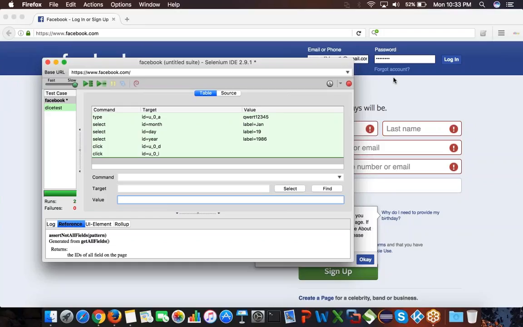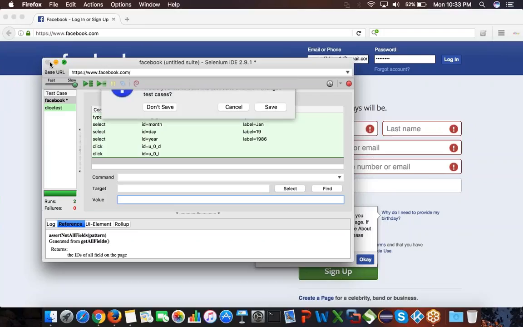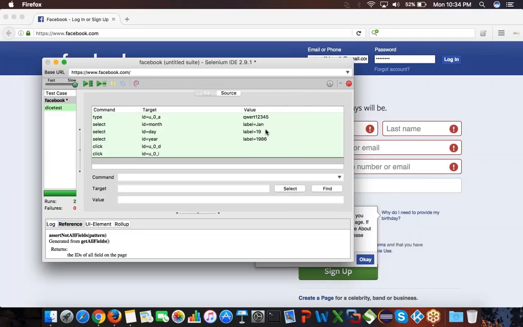browsers. Chrome doesn't have a plugin for the Selenium IDE, and IE or Safari don't have Selenium IDE plugins. So that is one of the major disadvantages of the Selenium IDE. It's a big disadvantage.